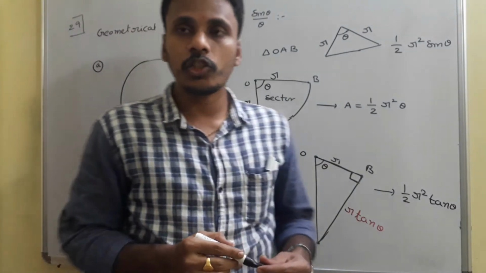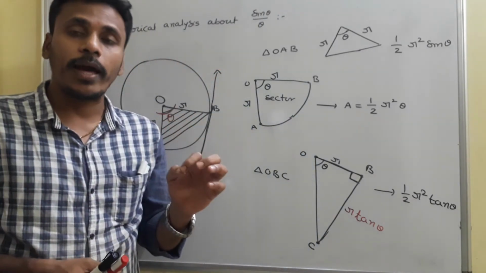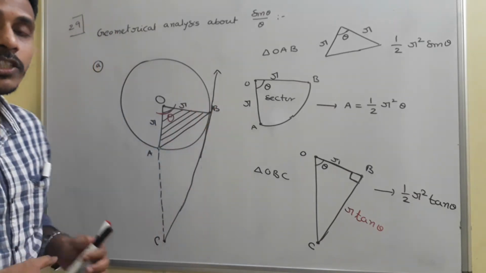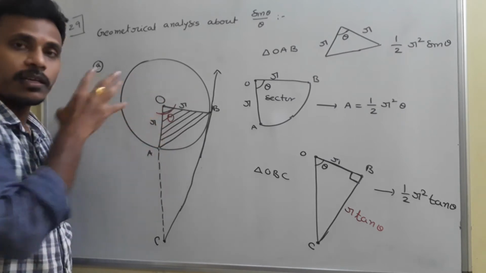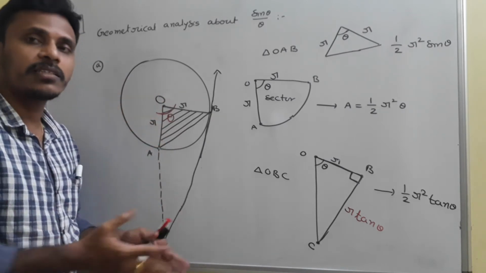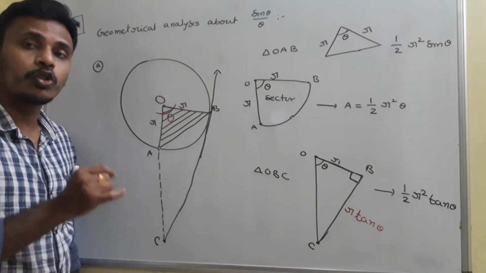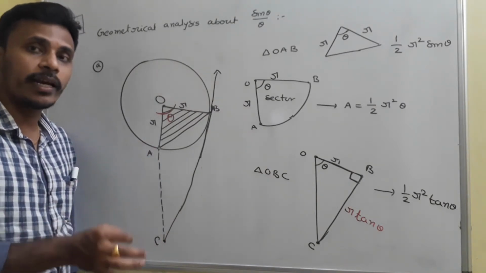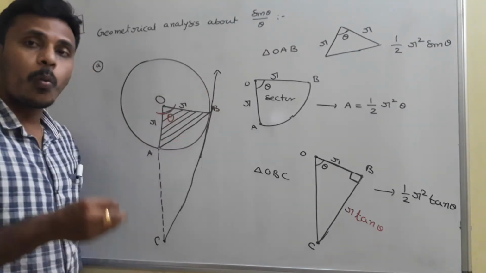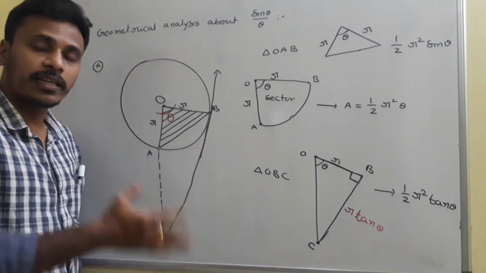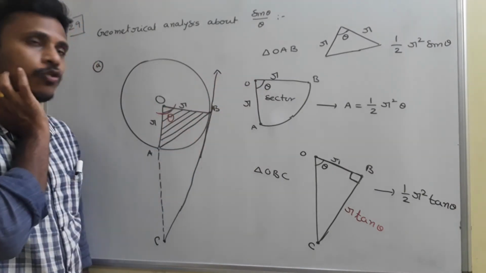To analyze the trigonometric limits, we need to analyze geometrically, and for that geometrical analysis we need to think about this diagram. So there is a circle. Take any circle as you wish. Take any 2 points as you wish, and then with those 2 points, for sure you will get one triangle like OAB, one sector like OAB, and one triangle like OBC. These three shapes will be observed by you.